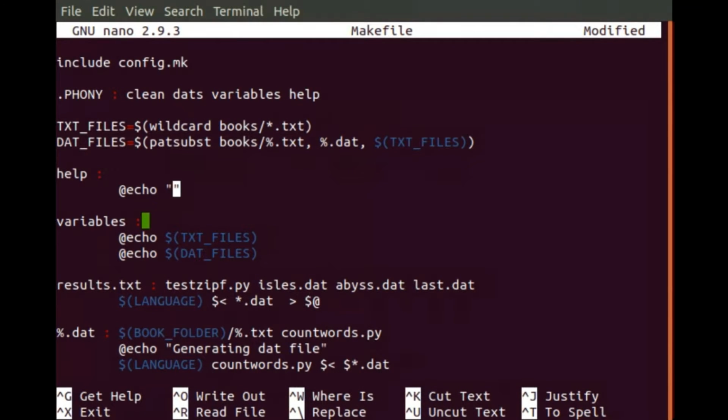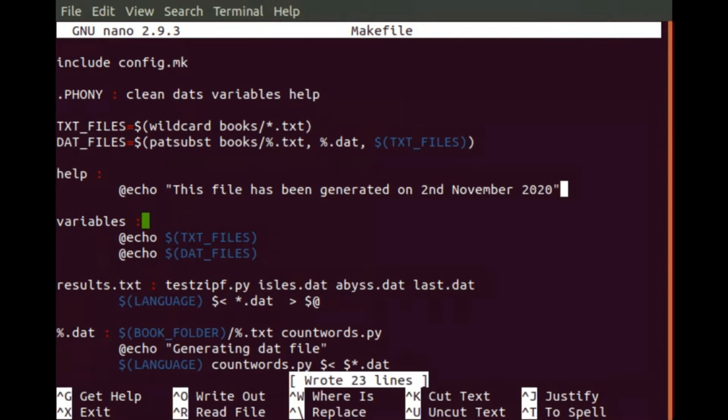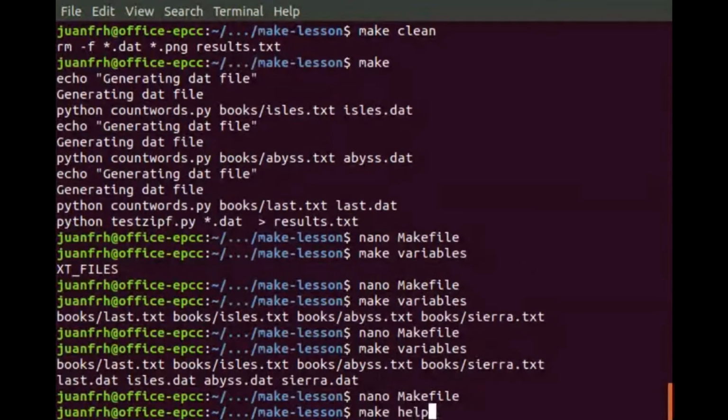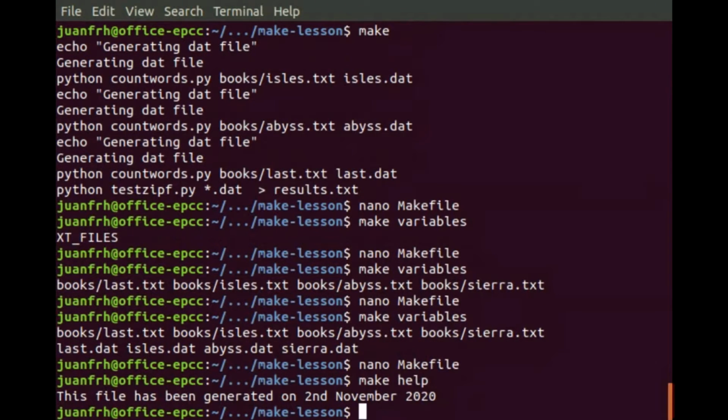you can write the help or the notes that, for example, this file has been generated on the 2nd November 2020. And you can add more notes to that. So when you execute make help, you can show that help, what it is explained in the documentation. This is a little bit complex, but just to see everything,